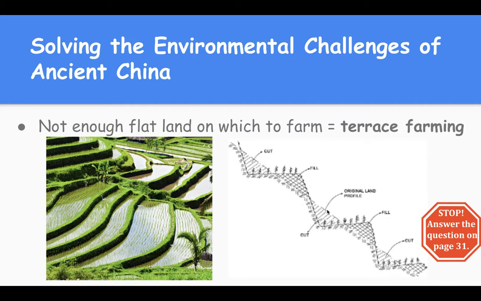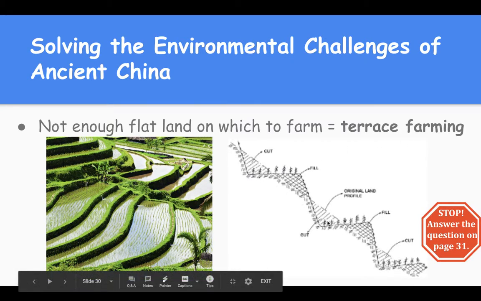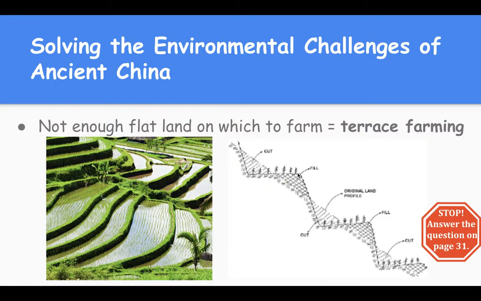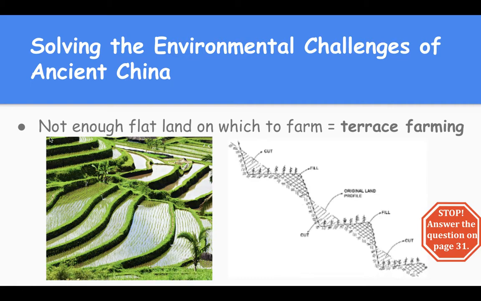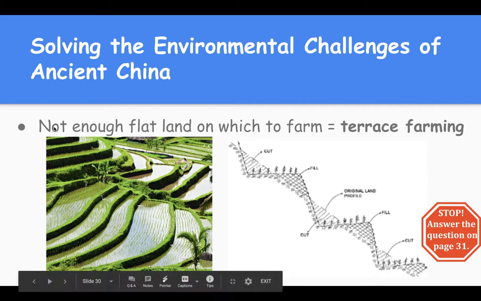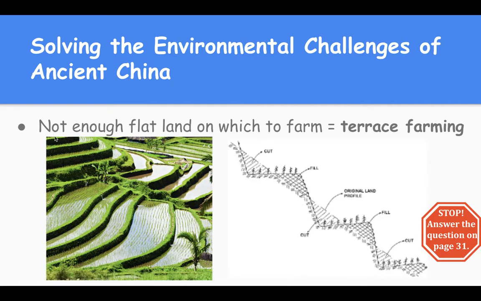So, if here is the side of the mountain, that edge here, that straight line, what they would do is they would dig into the side of the mountain and create these terraces here. And then they would do it here. And then they would do it there. And these terraces were flat. And when it rained in the mountains, water flows down, right? So the water would flow down the mountains and act as irrigation for these crops.